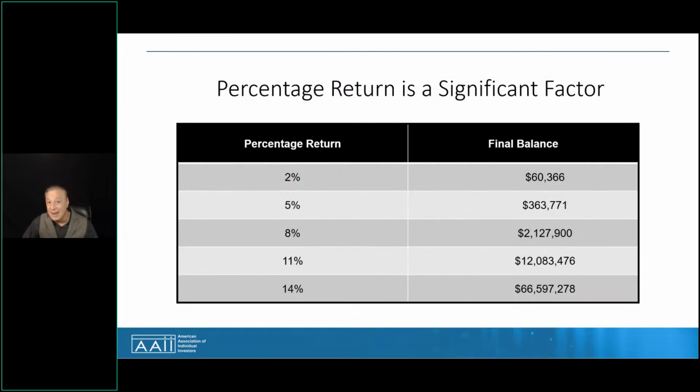Revelation 14 is something that many older investors don't want to hear. Revelation 14 is a few percentage points more of return can make a big difference in the outcome, tying into being a trader. In this table, we see that a 5% return with the parameters of our example with Shane only gives you a final balance of $363,000. But an 11% return, that's where we get Shane to his $12 million plus.